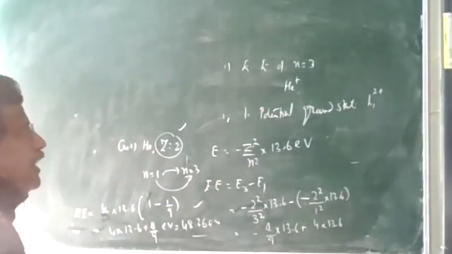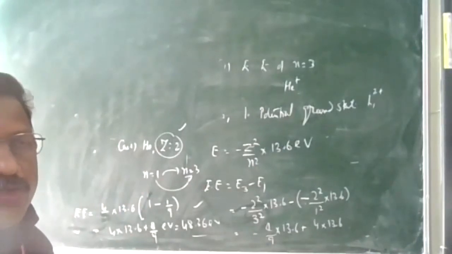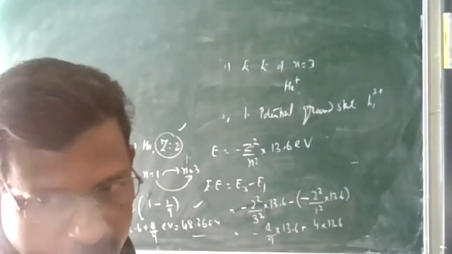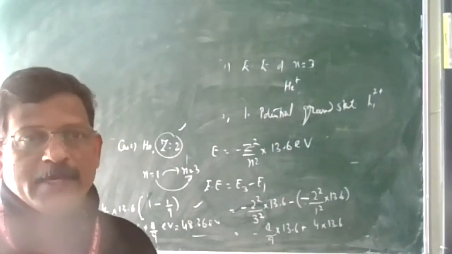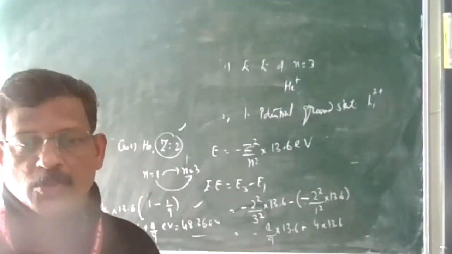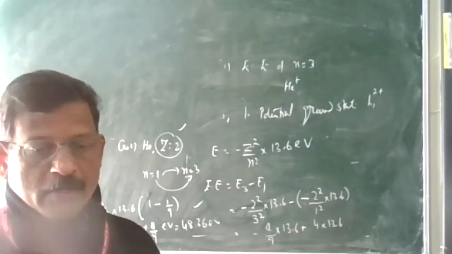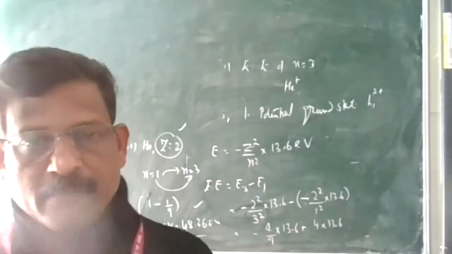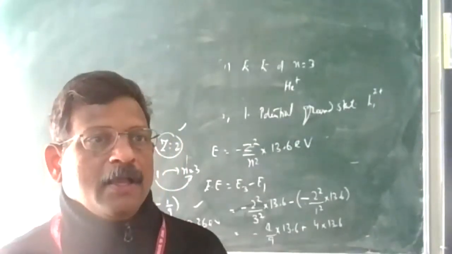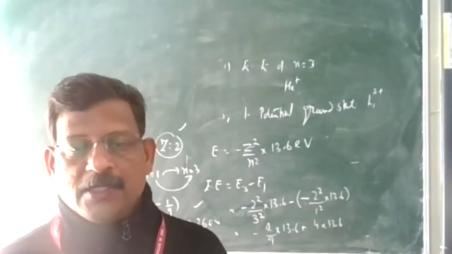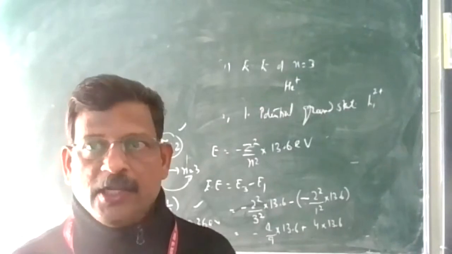Similarly, you can go for Li, that is for the ground state from infinity. So E infinity minus E1 you have to calculate for Li2 plus. You will get approximately 122.2 electron volt for that. So do these points in the topic. Okay, so we'll stop here. This chapter is completed. Go for the numericals from NCERT. And the remaining part is for the nucleus. Some topics are there, and many of the topics are already deleted. That will continue.